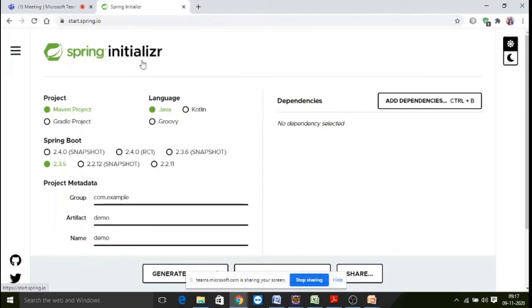Using Spring Initializer, there is a default configuration: language, project type, and the version of Spring Boot, we are working with 2.3.5. The project group ID we will give is com.cg, and the artifact name is Spring Boot app 1.